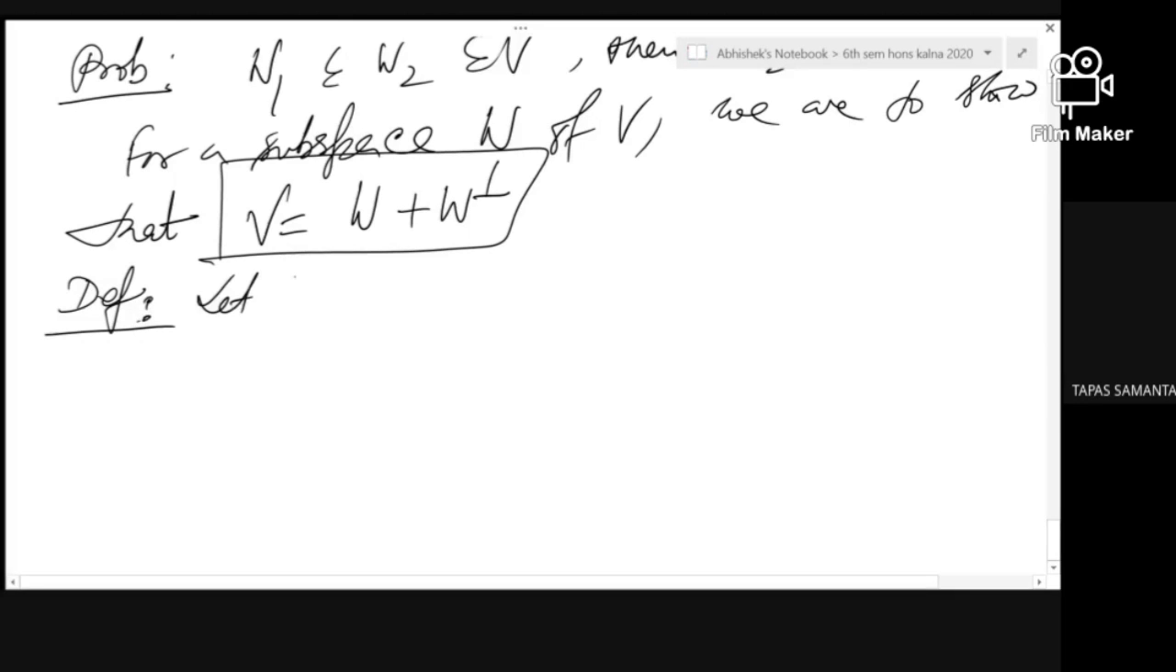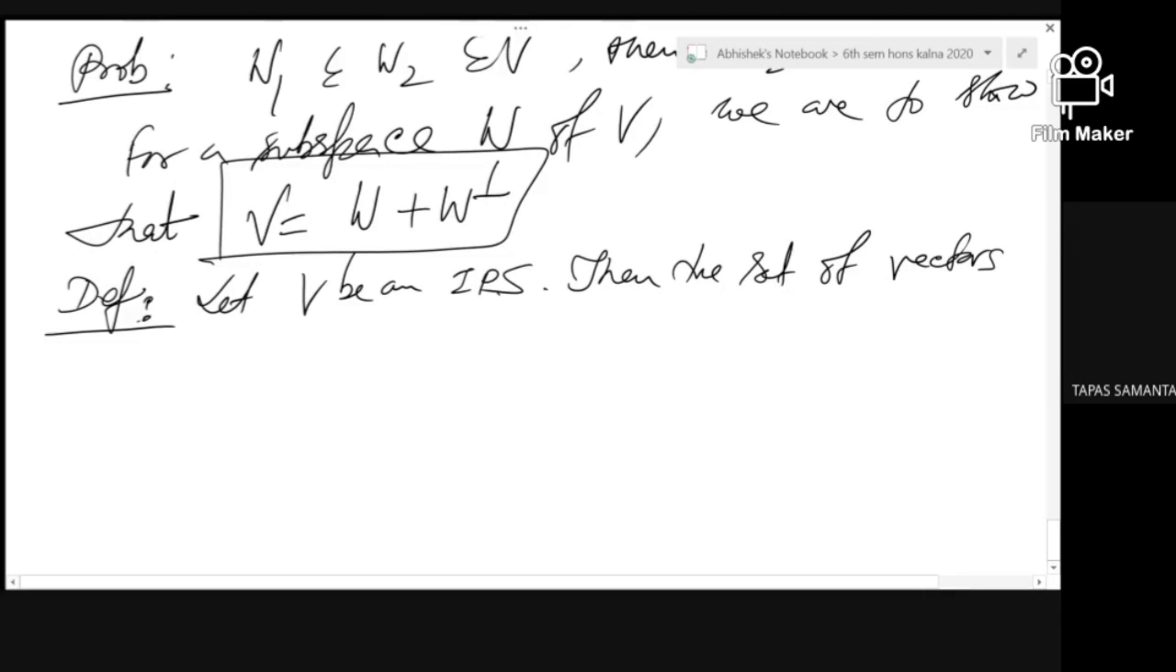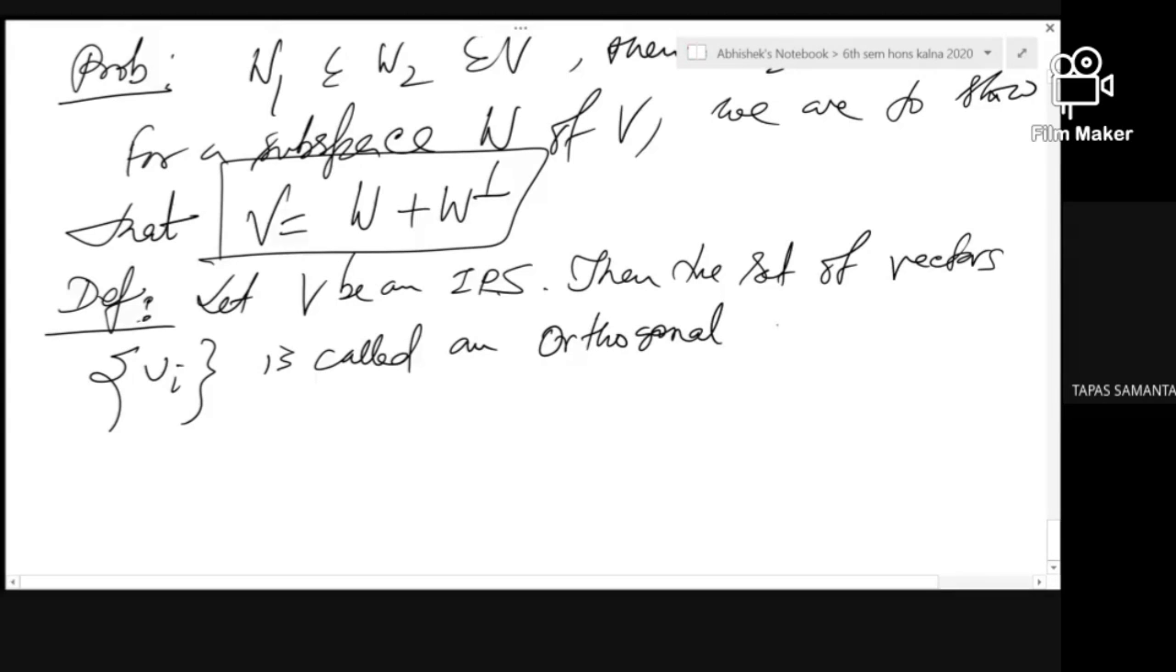So let V be an inner product space. Then the set of vectors Vi is called an orthogonal set if for all i, j with i not equal to j, the inner product of Vi, Vj equals 0. In addition to this,